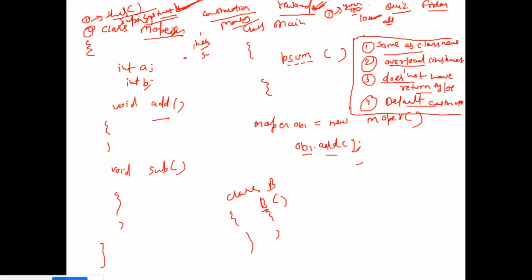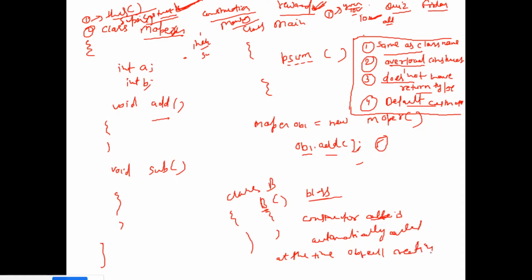One more point over here: you have gone through multiple blogs of Java and read this line, that a constructor is automatically called at the time of object creation.